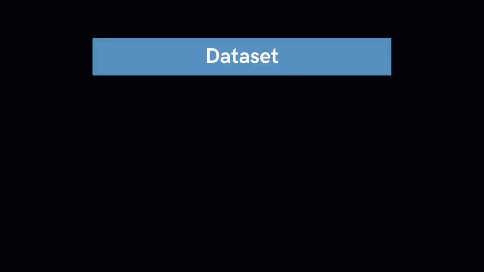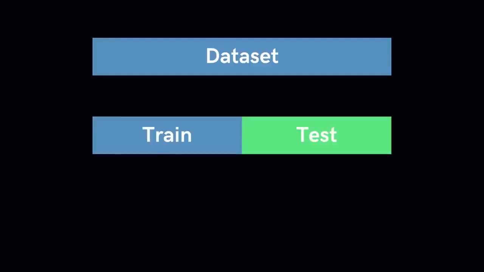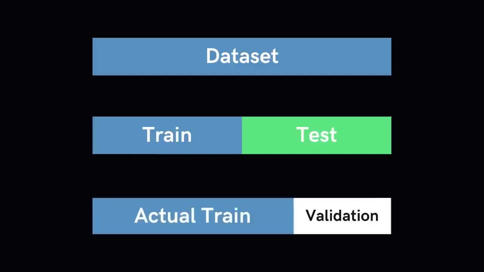So here's a quick note on cross-validation. Usually you'd want to split your dataset into 2, the train and the test. After this, you keep aside the test set and randomly choose some percentage of the training set to be the actual train set, and the remaining to be the validation set. The model is then iteratively trained and validated on these different sets. There are multiple ways to do this, and this is commonly known as cross-validation. Basically, you use your training set to generate multiple splits of the train and validation set. Cross-validation avoids overfitting and is getting more and more popular, with k-fold cross-validation being the most popular method.